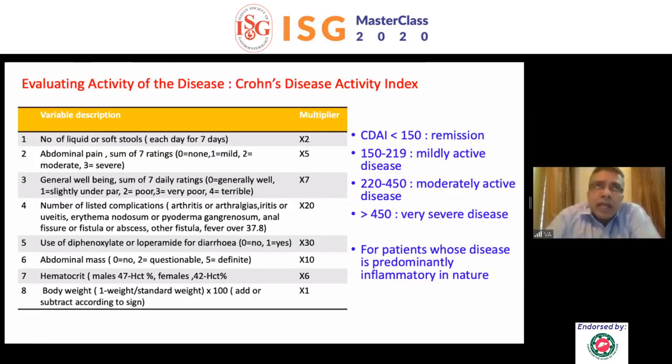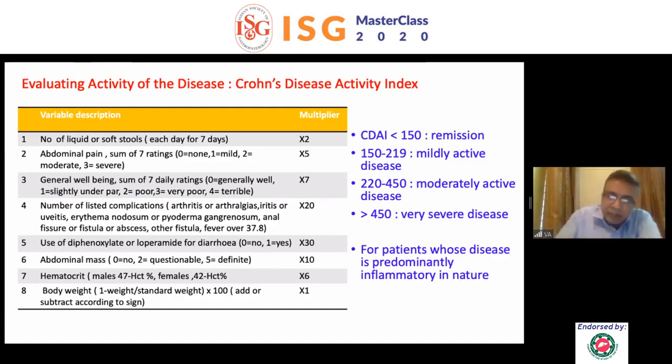Now we would like to know the activity of the disease, and that is a true gray zone. The activity index which is used is the Crohn's disease activity index, which is based on 8 variables, which have weighted variables. And here you need to recall symptoms over a period of 7 days. In other words, it's a full mathematical formula. So right now it's good that apps are available on your mobile, so you can calculate the Crohn's disease activity index and all. But it is a very tedious thing.